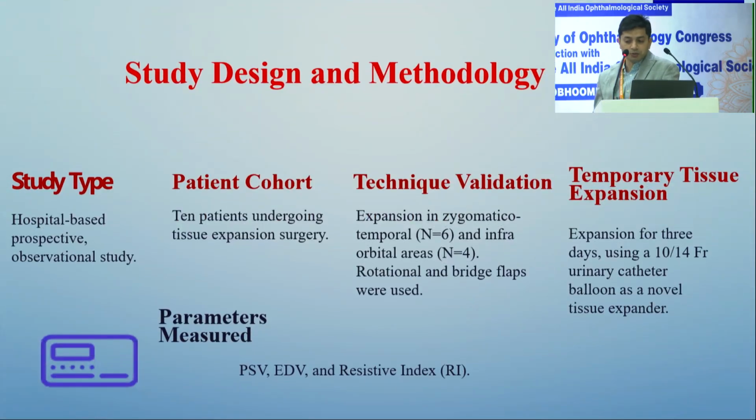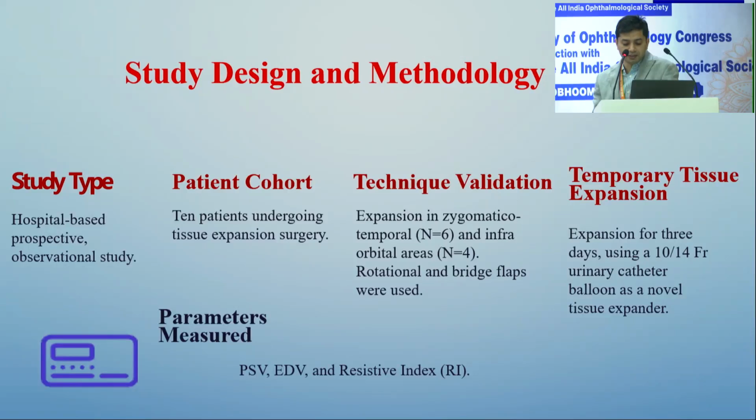Now, our study is a hospital-based prospective observational study, in which expansion was used in 10 patients: 6 patients in the zygomaticotemporal area and 4 patients in the infraorbital areas. For 3 days, expansion using a 10 to 14 French urinary catheter was used, and after 3 days the catheter was removed. By Doppler flowmetry, we evaluated the peak systolic velocity, the end diastolic velocity, and